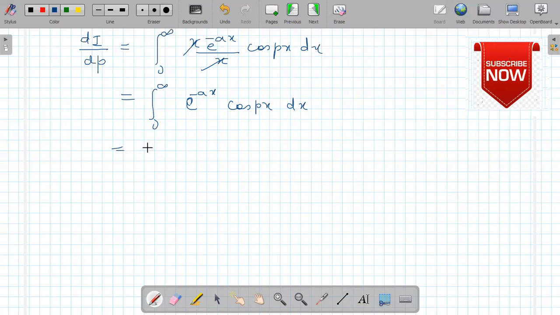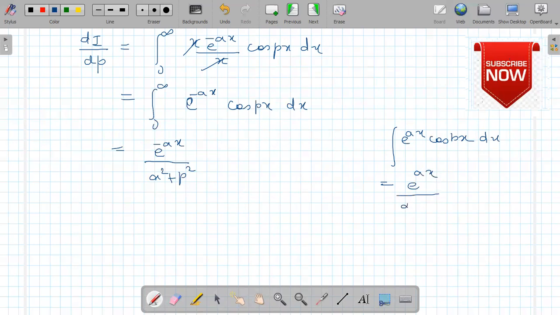By using the formula, we have e raised to the power minus ax whole divided by a square plus p square. ये आपको फॉर्मूला याद होगा, इंटीग्रल e रेज पावर ax cos bx dx का फॉर्मूला क्या होता है, e रेज पावर ax ओवर a स्क्वायर प्लस b स्क्वायर, फिर a cos bx प्लस b sin bx, ये होता है। इस फॉर्मूले से हम इसे ओपन कर रहे हैं, माइनस a cos px plus p sin px,